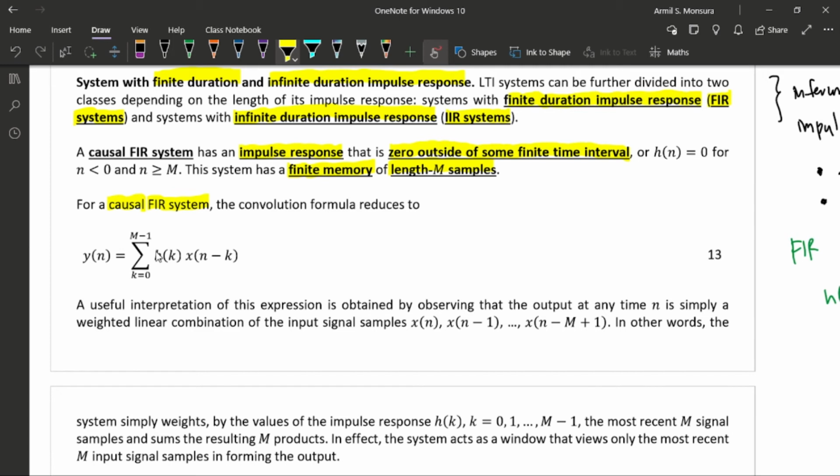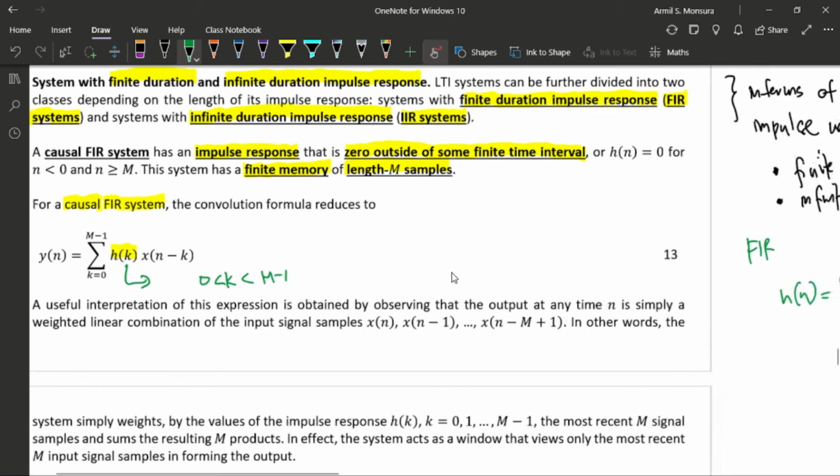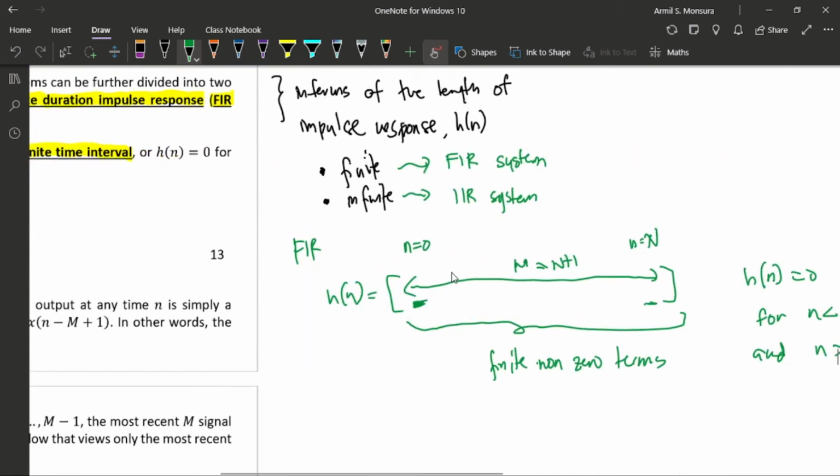Okay? Again, yung HK niyo will only be defined for K between 0 up to M minus 1, kasi nga length M eh. Okay? Kung length M siya, it means na sige, baguhin ko tong numbering system ko dito. No? So kung length M siya,